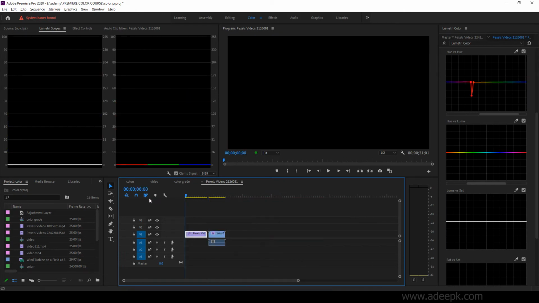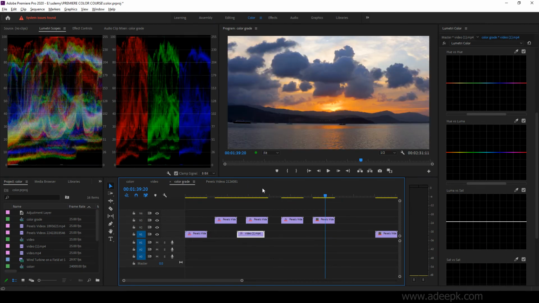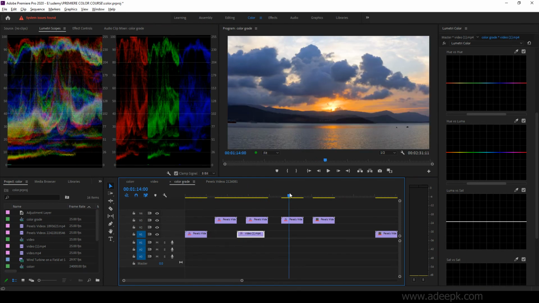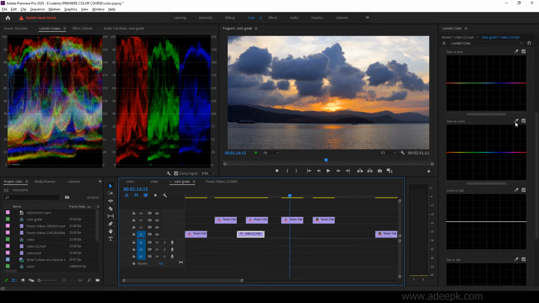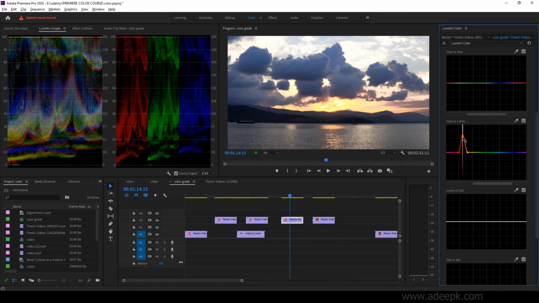Let's take the earlier image of the sky. Let's select that first and select a point in the sky like this, and vary that. So you can see that you're desaturating that.